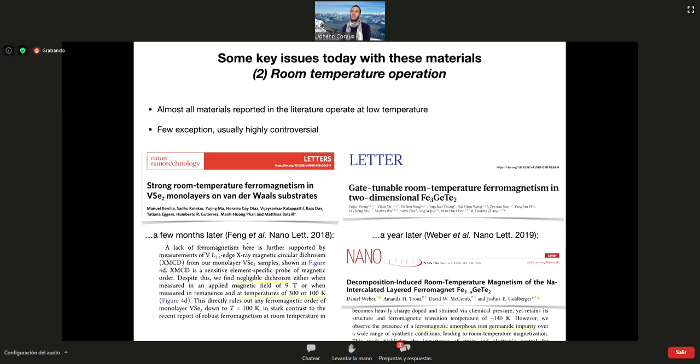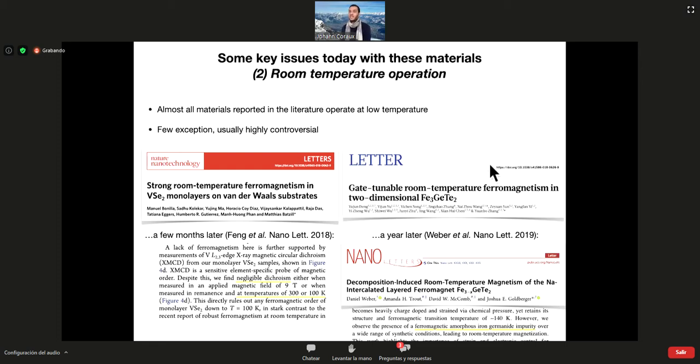There, these are exfoliated flakes, and I mentioned that earlier. This is put in a kind of transistor configuration, where you can apply a strong electric field through an ionic gate. And the reason for that is that if you use an ionic gate, you can apply very strong electric fields and then strongly modify, in principle, the charge carrier density in the compound. And well, this publication reported that you could tune the Curie temperature above room temperature in this compound.